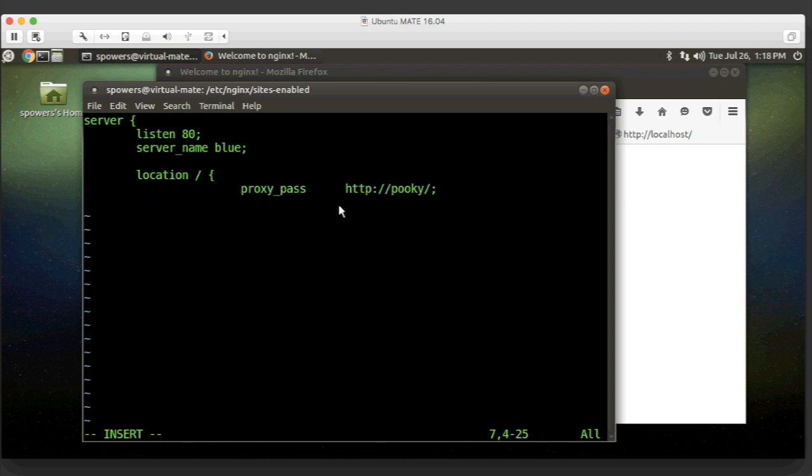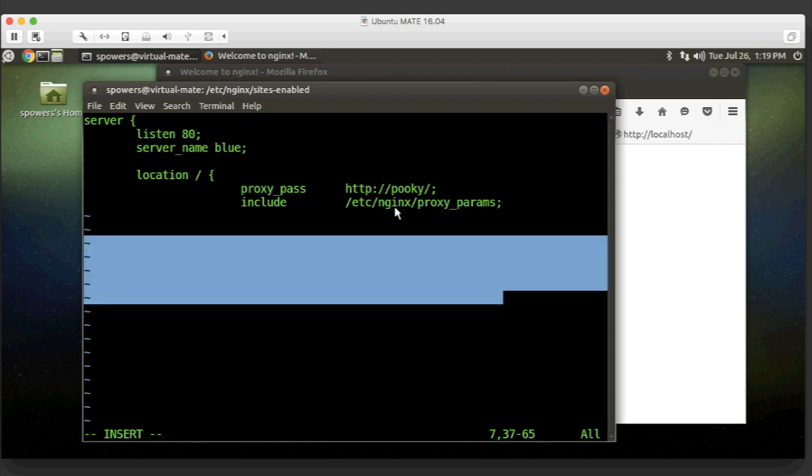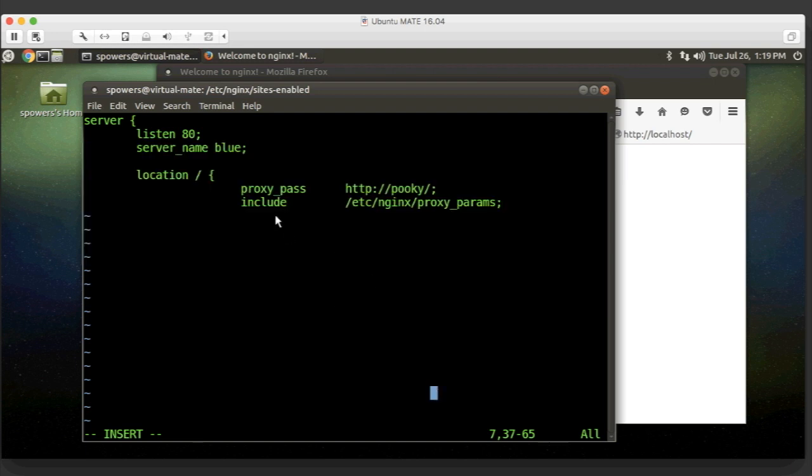All right, and now we need to say include /etc/nginx/proxy_params. I think it was underscore. So proxy_params, that's the name of that file that contains those few lines. Now we could just copy and paste that in. If we wanted to, we could open up that proxy params file and copy the text and paste it right in here instead of using an include file, but it's cleaner if we just include the proxy params file from the etc nginx folder. So we do that. We're going to close this